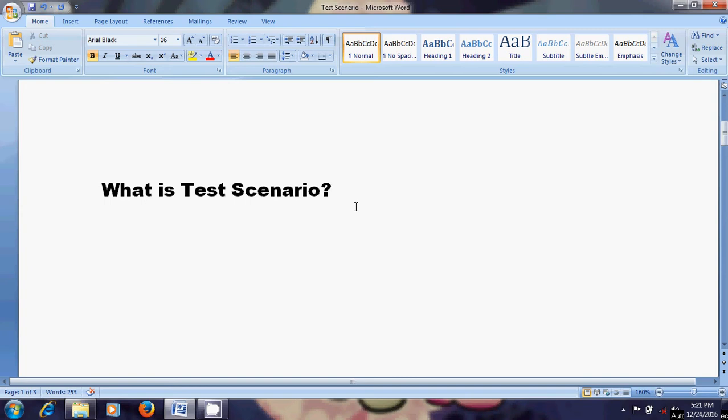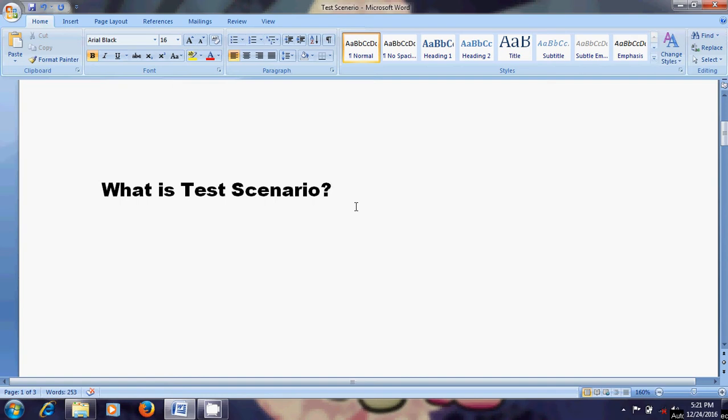Each time we have to write test cases for a test scenario. So before testing, first prepare the test scenario and then we create one or more test cases from the test scenario.